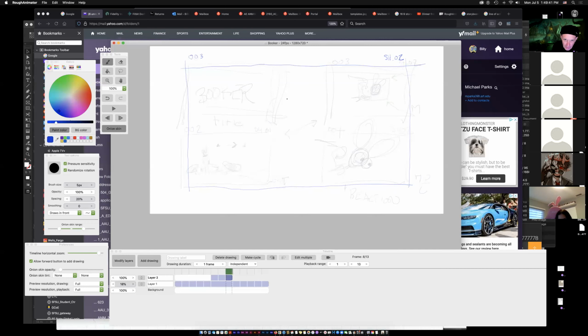So now we're just going to get his head, his little cheek, his eyes, his little ears, some details on his face,